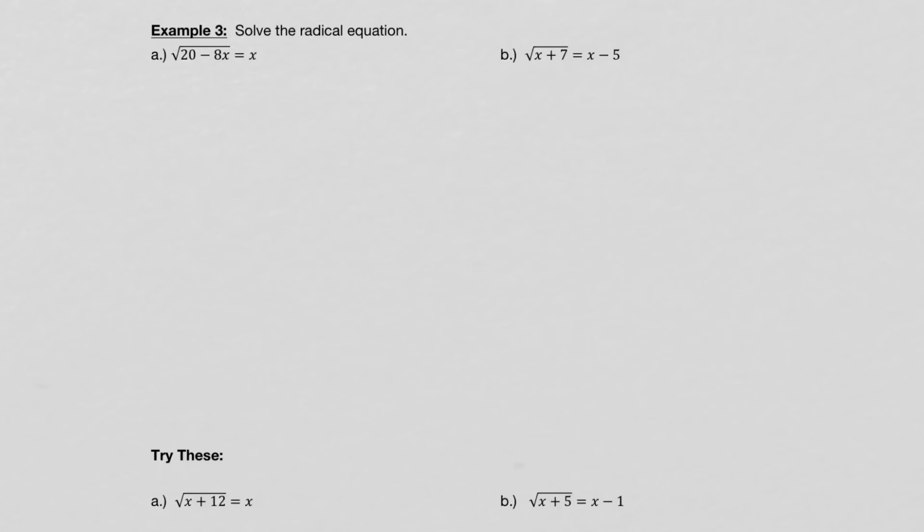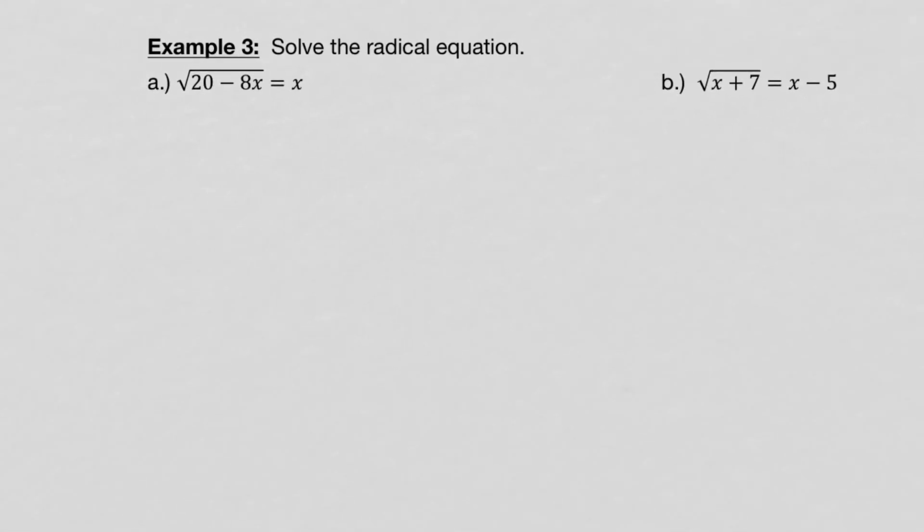All right, so this brings us to our last page here. And there are two questions on your homework that are like these. This is what happens when you square one of the sides trying to get rid of the radical: you actually create a quadratic. Okay, so if we took a look at number 3, or example 3,